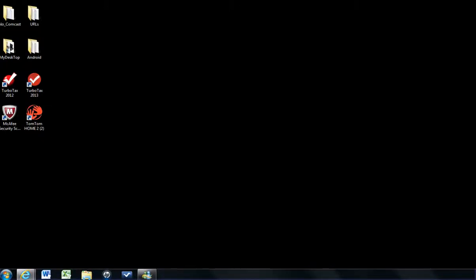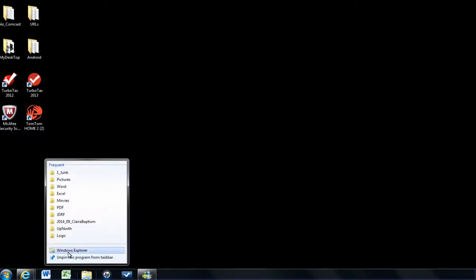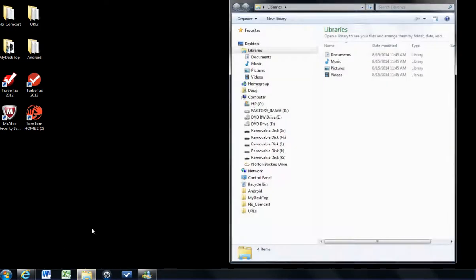I'm going to walk through in a video how to open Windows Explorer, copy files from your laptop to your backup drive, create new folders, and things like that. So let's get started. On your desktop, you'll see an icon like a file folder. You'll right-click on it, click Windows Explorer, and then take that